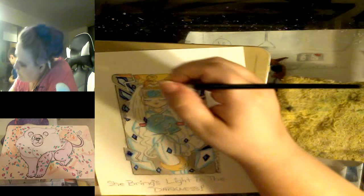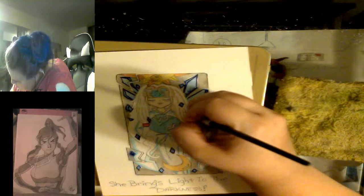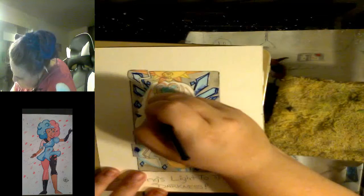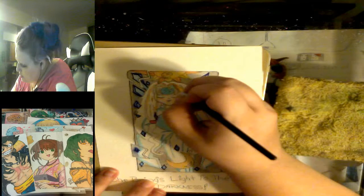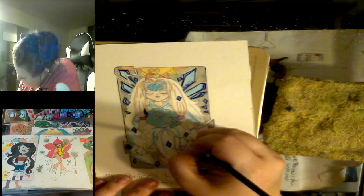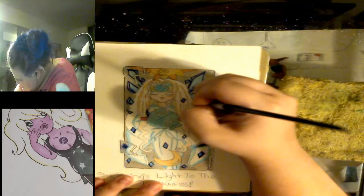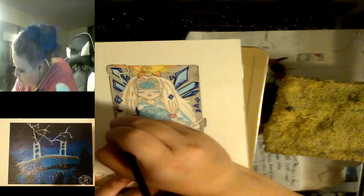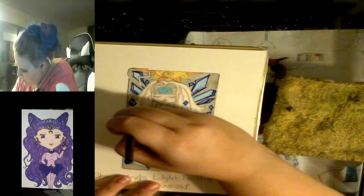Trying to see where the other ones are. I know there's 4. And a 5/0 spotter. And then 1, 2, and a 0 spotter. Those are the 4 different sizes that I have of these brushes, and they work really